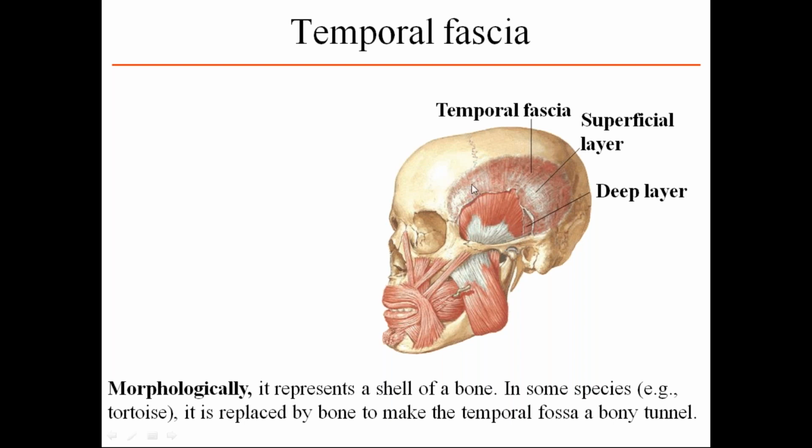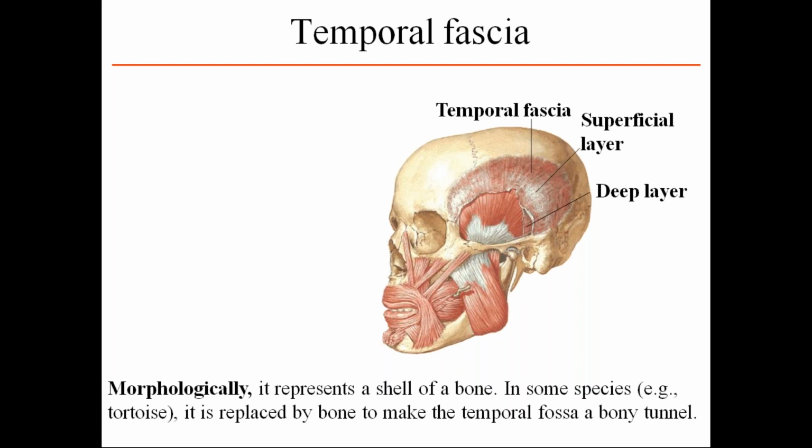Okay. Above it is attached to the superior temporal line, and below it splits into two layers and is attached to the zygomatic arch. In between the two layers, some structures will be there. They are the fat, the superficial temporal vessels and the zygomaticotemporal nerve. And the deep surface of the temporal fascia is related to the temporalis muscle, which also gives origin to the temporalis muscle.